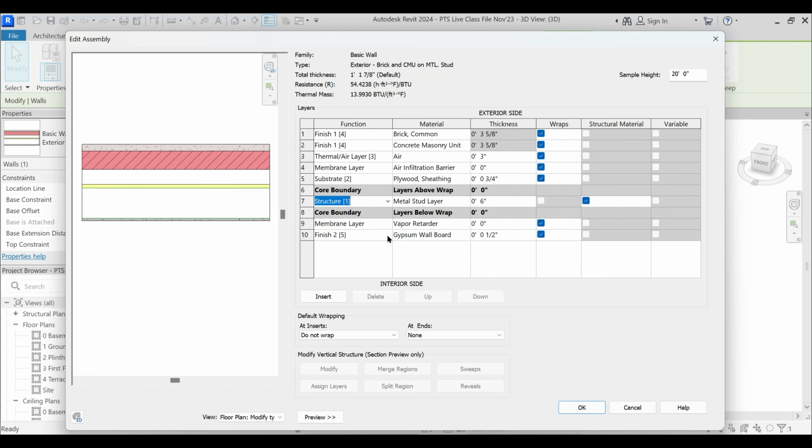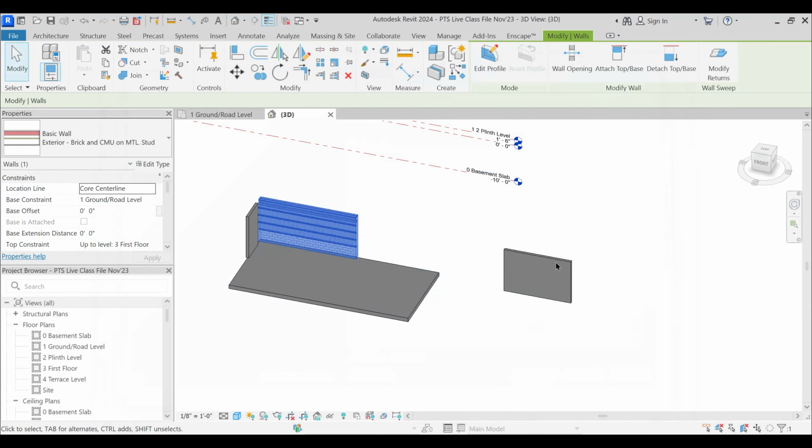It's not important. You can just drop this down and change this to structure 2 also. But that is a mechanism that has been followed by the wall assembly that comes with Revit, so we are just going to follow it. Otherwise there is no mechanism to it. Whatever is between these two core boundaries is structure 1. Then whatever is added on the exterior side is substrate 2. Then thermal air layer, and membrane layer can be added on both sides. Finish 1 4 and finish 2 5 on the interior side. So we are just going to follow that order, or the chronology, that has been led by Revit.